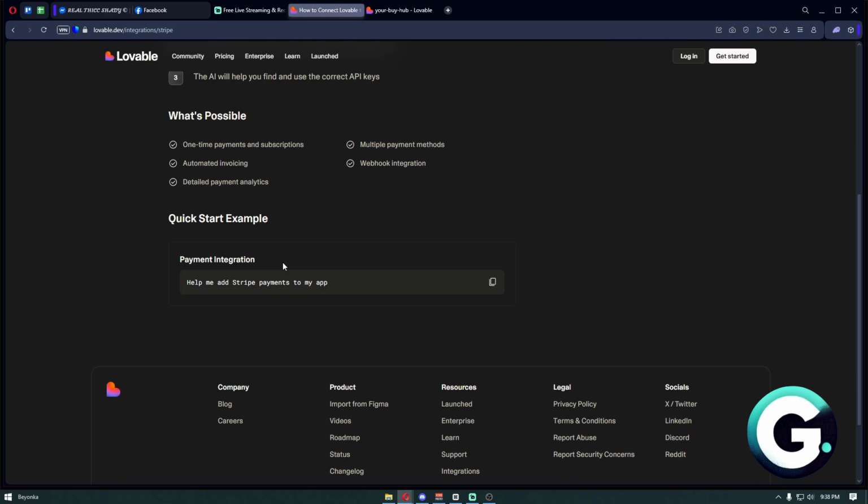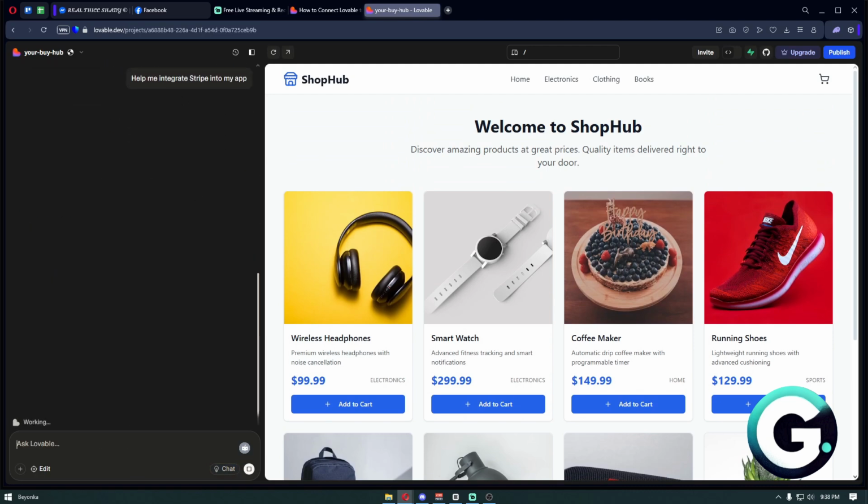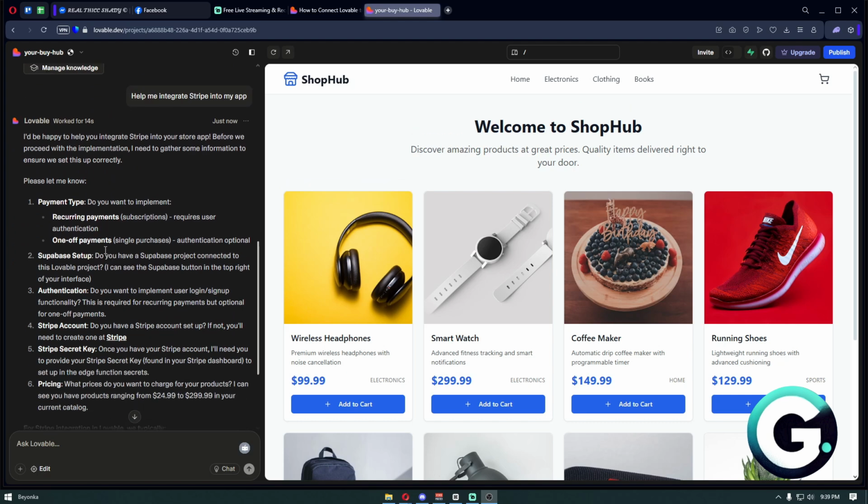So the payment integration will then look something like this. Let's navigate through our Lovable application, and from here, let's input the prompt, help me integrate Stripe into my app. I'll just hit the send button. Right after that, once again, the application will leave you the instructions in order for you to connect to